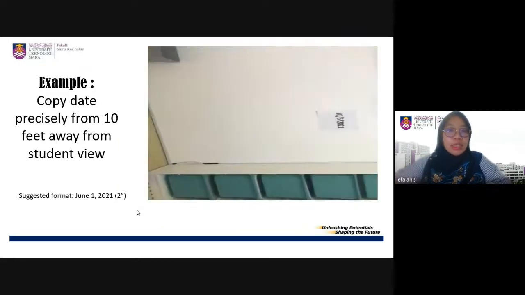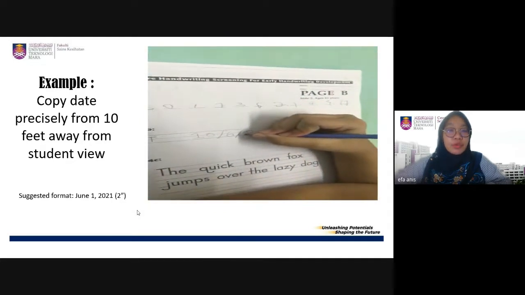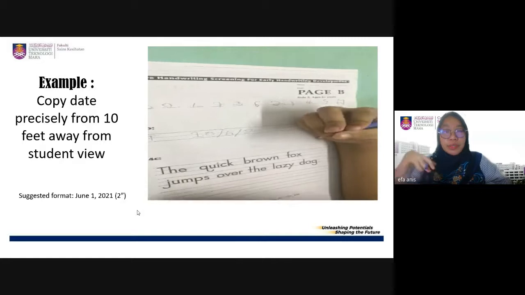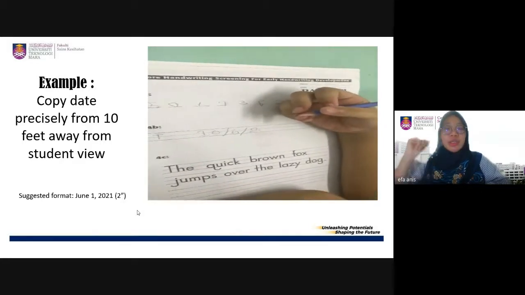Okay, yang ni example copy date precisely 10 feet away from student view. Okay, from this model ni umur dia 6 tahun. So, my comment on these kids is dia forms dah ada, dia dah tahu the forms handwriting, bilateral tu ada. Cuma dia punya speed of copying itu yang menjadi issues. As dia punya format tu kita suggested the format is like the month,